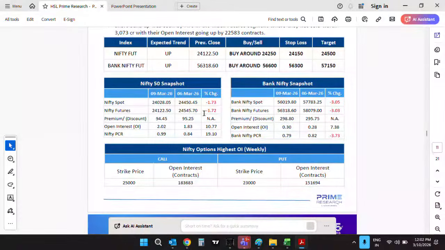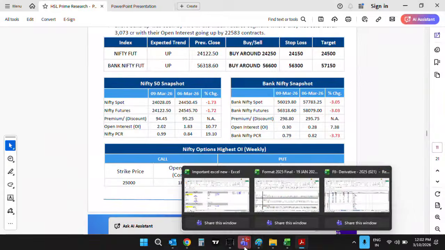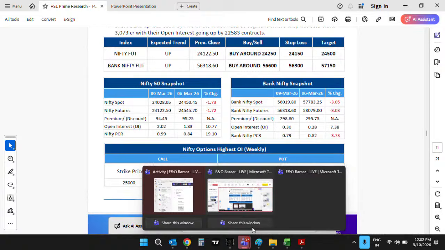So, Nandish, my first question is to you. How was the derivative data placed at the beginning of the day, and how have derivative indicators changed till now? Because after the gap up we have come down, so something must have changed technically. We would like to know that. Yes, Sonali. First of all, is my screen visible? Yes. So let's start.